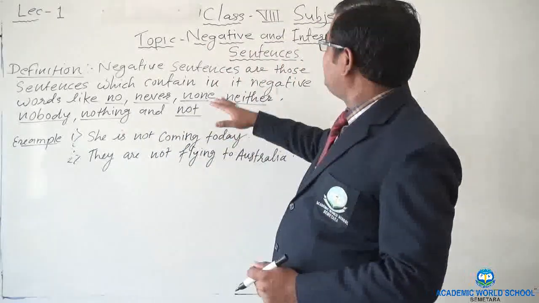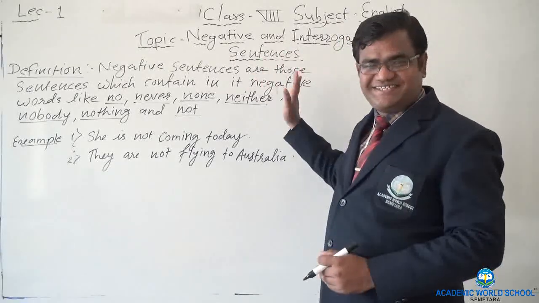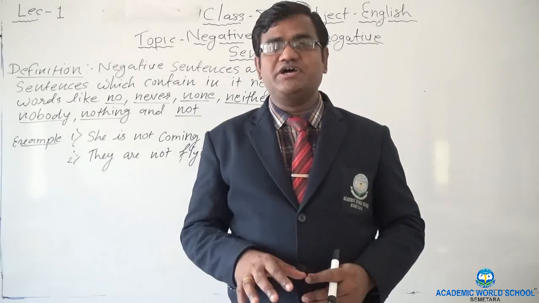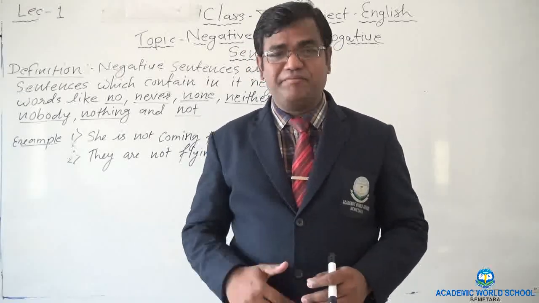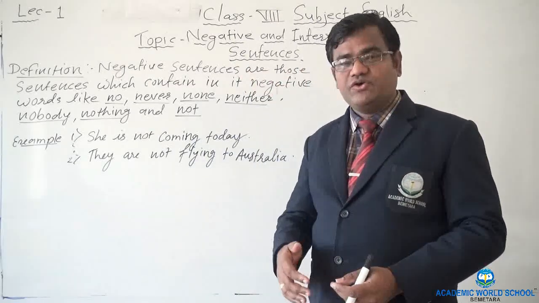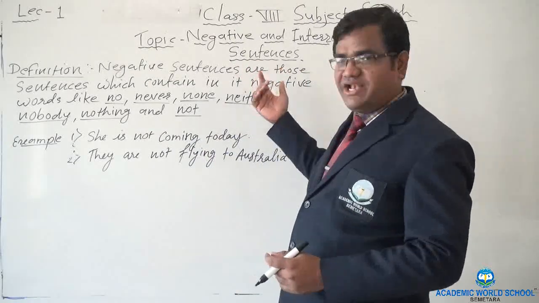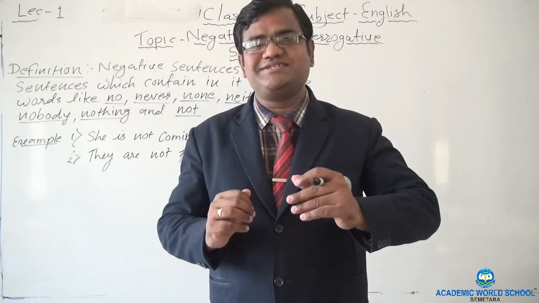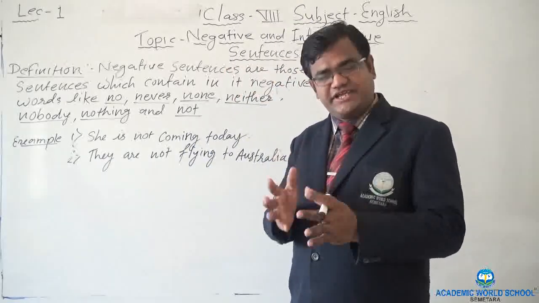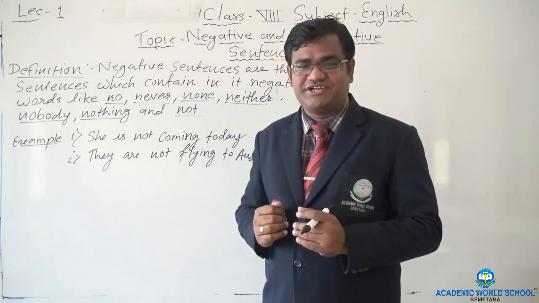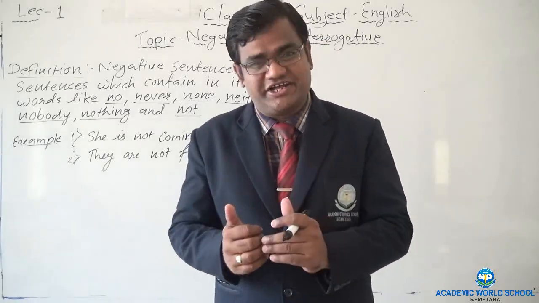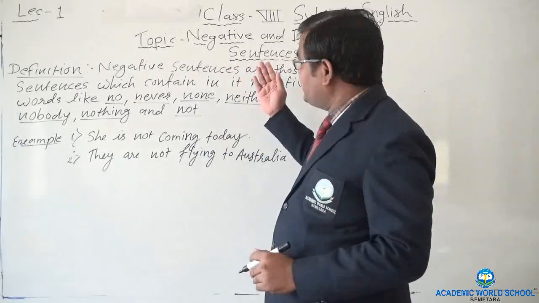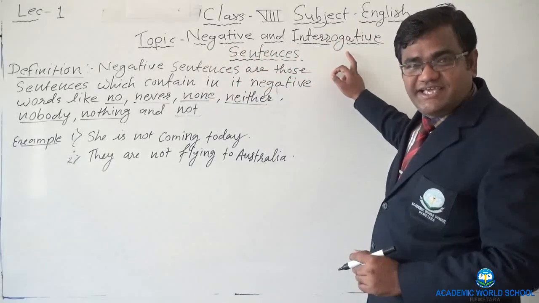Today we are going to learn negative and interrogative sentences. In the previous lecture, we learned about tenses in which we covered mostly affirmative sentences. But many times we have to use negative also, we have to make interrogative also. Why are we learning this? Because sometimes students get confused where to add not to make the sentence negative, and many times they think that they have formed a correct question, but there is a little error in the question. That is not a question at all. So I will teach you today how to make sentences negative as well as how to make sentences interrogative.